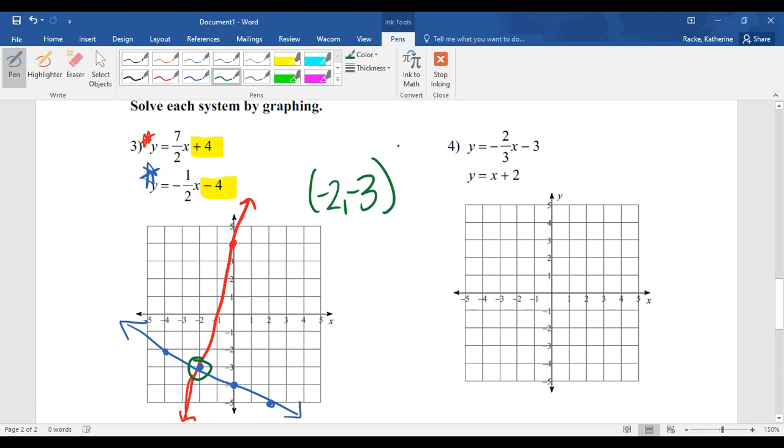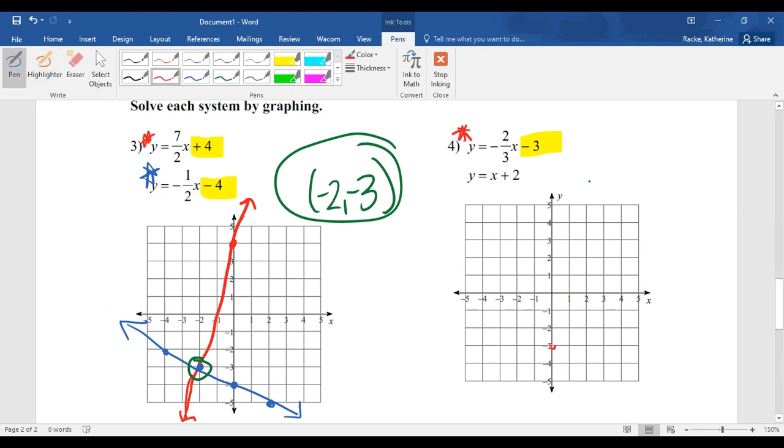Okay, and that would be your answer right there. So if we plugged -2 in for x and -3 in for y, it would equal each other in both equations, okay? Same thing for 4, okay? So we are starting with our b value, our y-intercept,